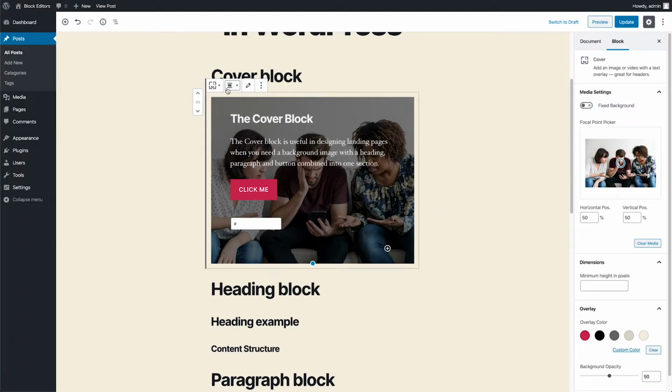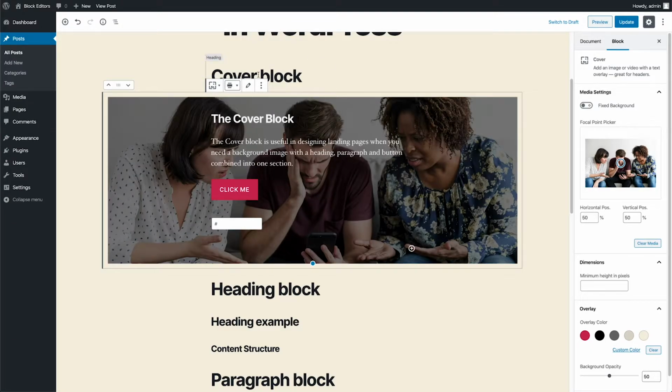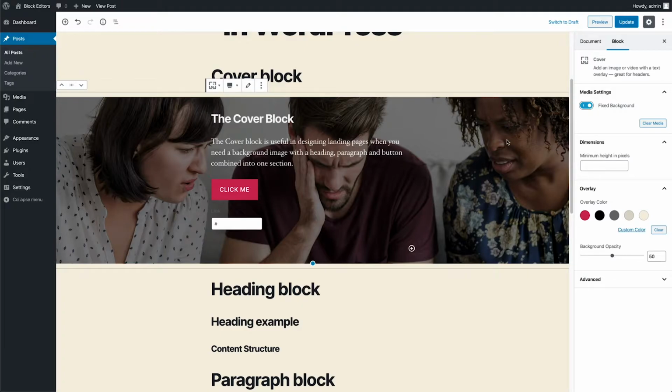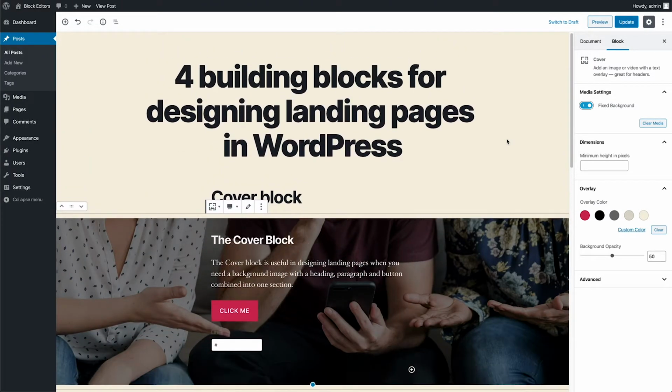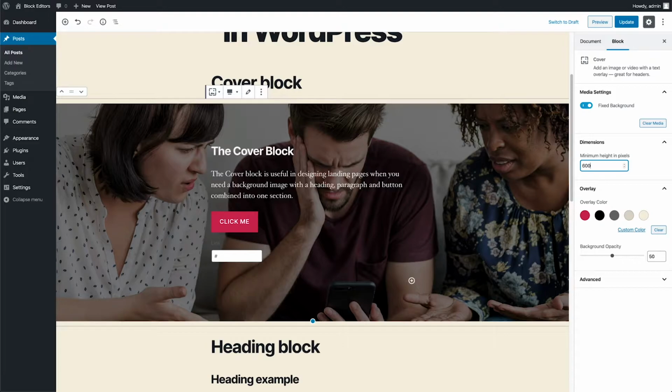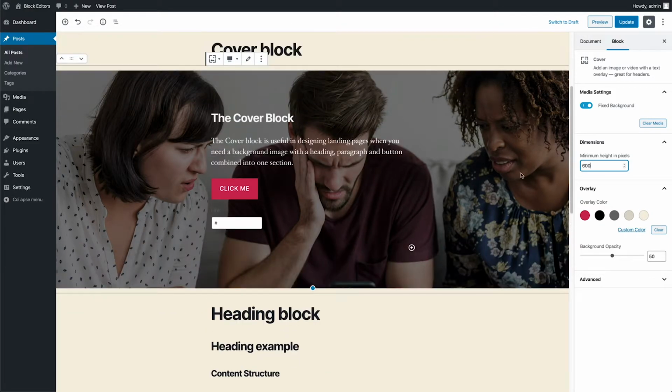I can change the blocks. I can make it so it's got like a wide width or full width if I want. And if you look over here to the right, you'll see the different options that you have. Like if I wanted to have sort of a parallax effect, I could select fixed background. You can also set the minimum height in pixels. So if I wanted it to be like 600 minimum pixels,